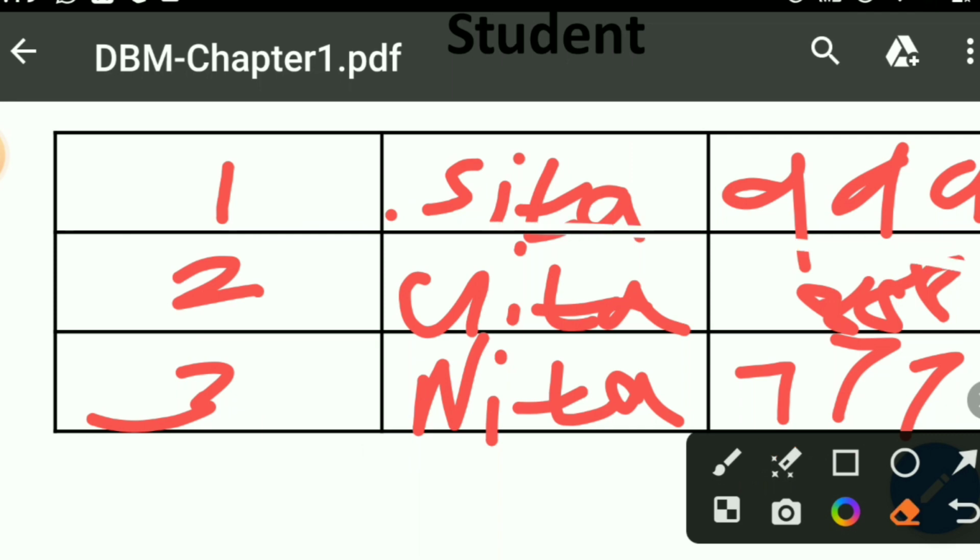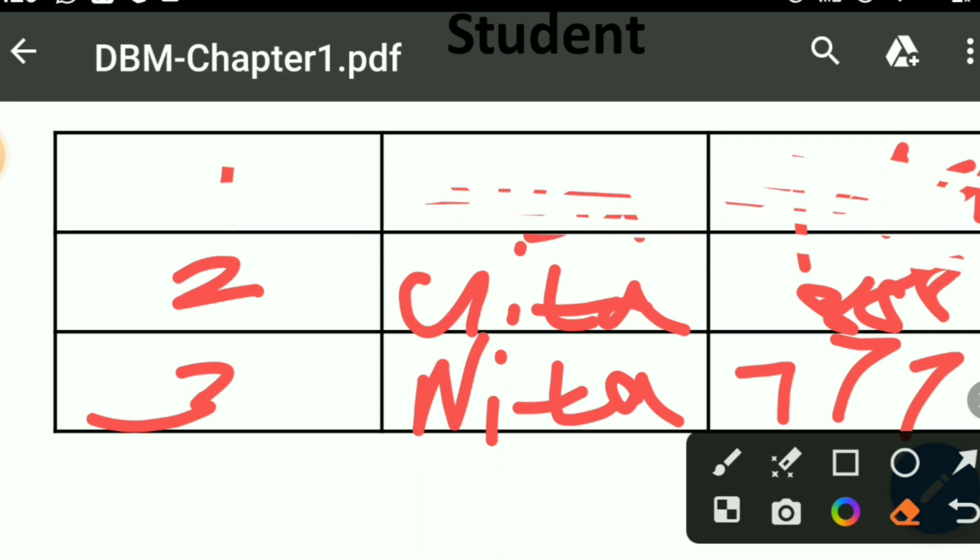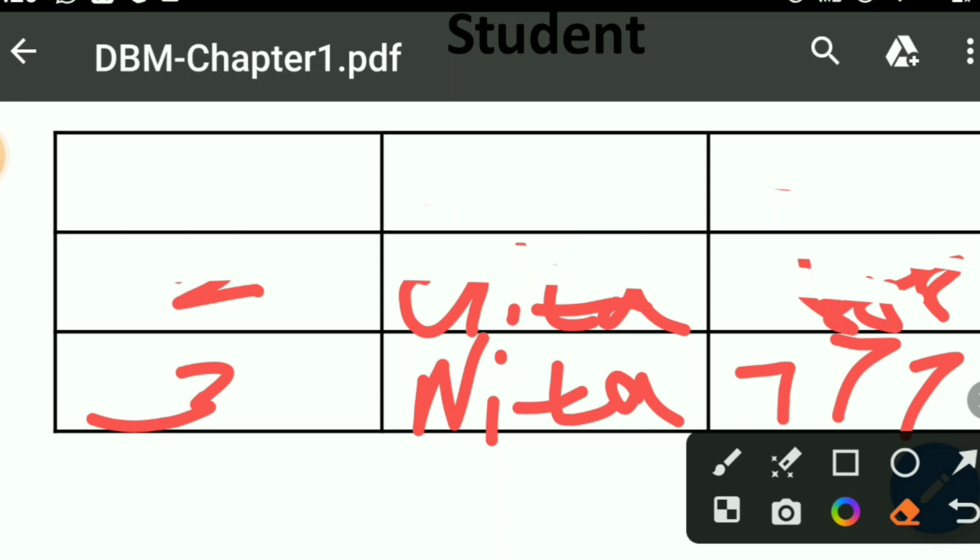Suppose we have used a drop command for deleting the rows, so all the rows will get deleted and there will be no data. But if we want to delete the structure, understand that if you delete the data, the structure never gets deleted.